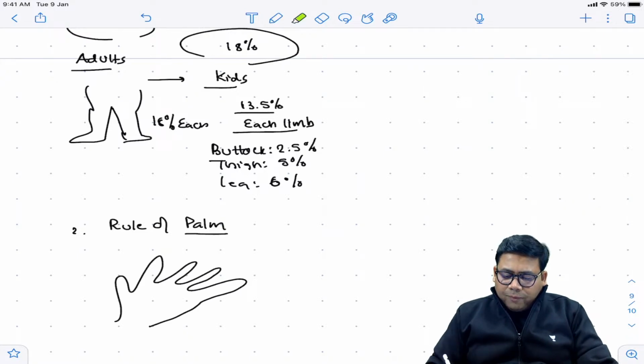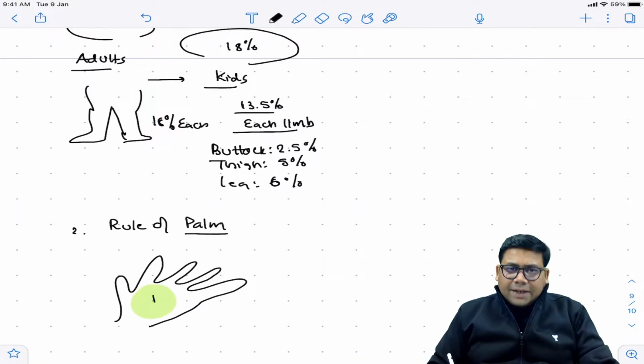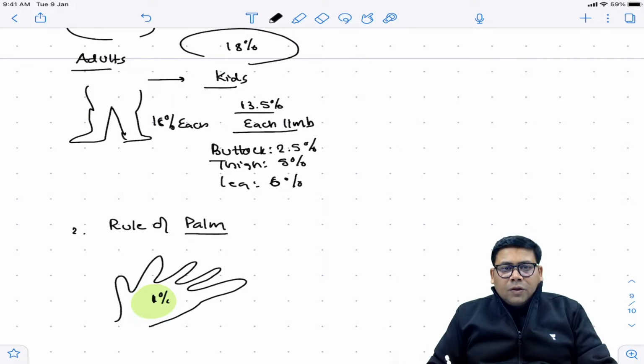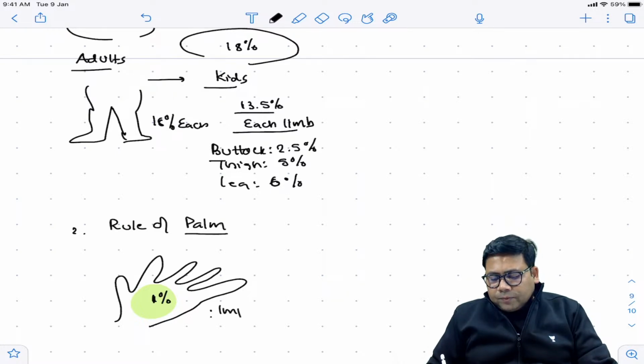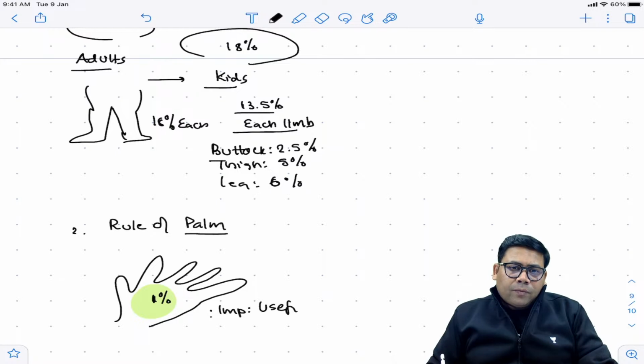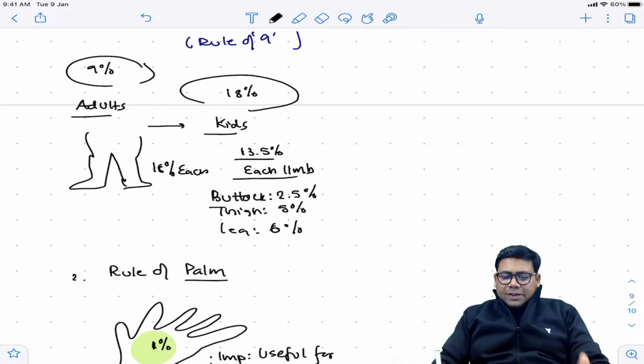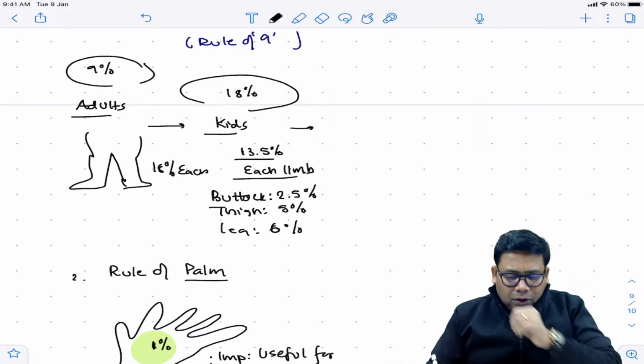Now, when you talk about rule of palm, the palm with the extended fingers, this much part, includes 1%. So this is useful and important. It is useful for calculation of mixed thickness burn, and this is very, very important. Rule of palm. So we have adults, we have kids, and when we talk about infants,